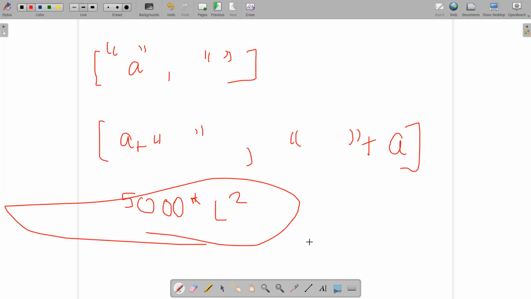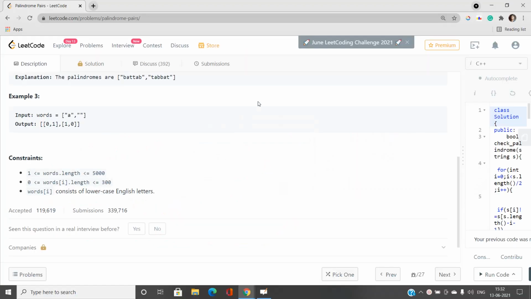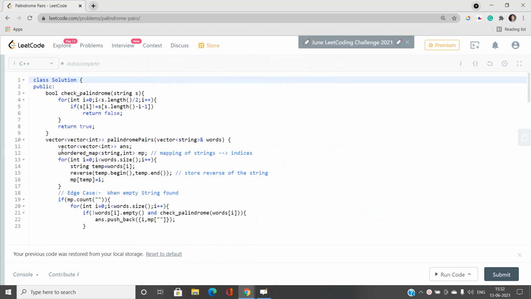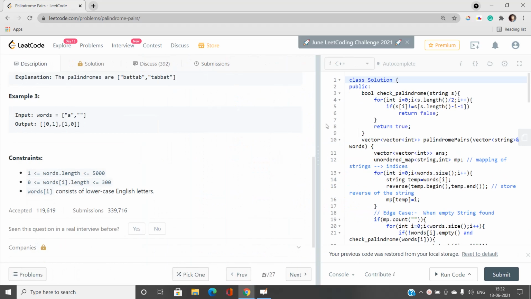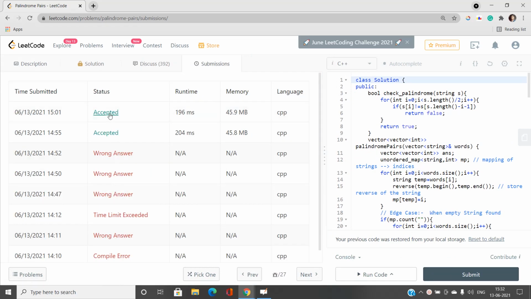So let's move on to the coding part and understand this in a little bit more detail. I will also explain while explaining my code, so you need not worry if you have missed something. I will talk about the best code, after all these useless wrong answers because of the edge cases.